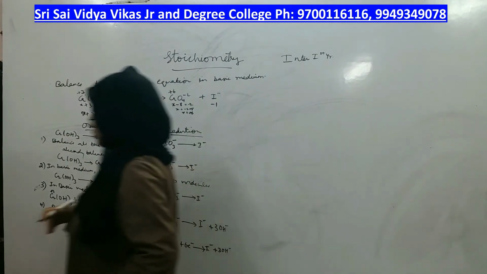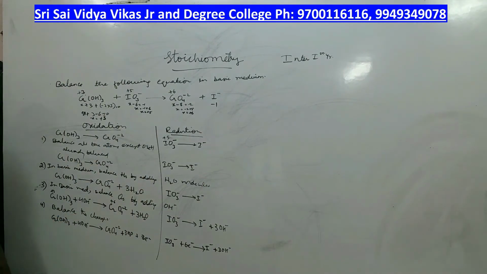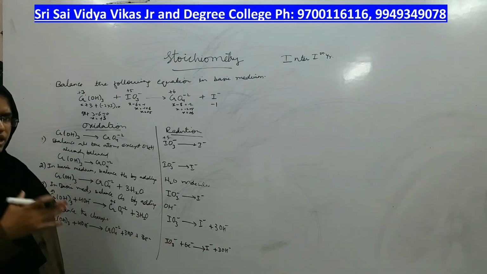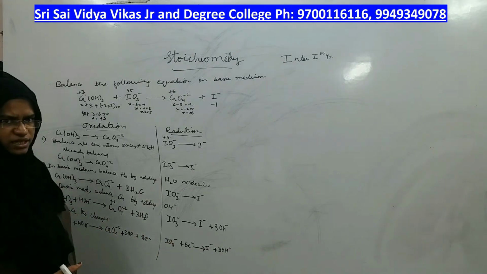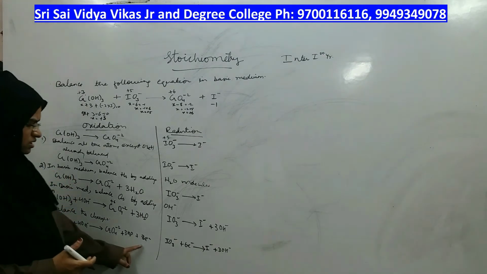Let us come back to this balancing. We were discussing balancing the charges, right? In each part of the reaction, the number of electrons lost or gained should be same, right? Here there are 3, here there are 6. To make both of them equal, these two are related, right? They are not as different as 2 and 5 in the previous case. They are related. It is 3 and it is 6.